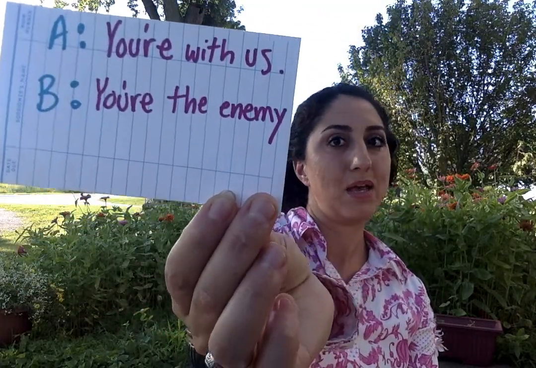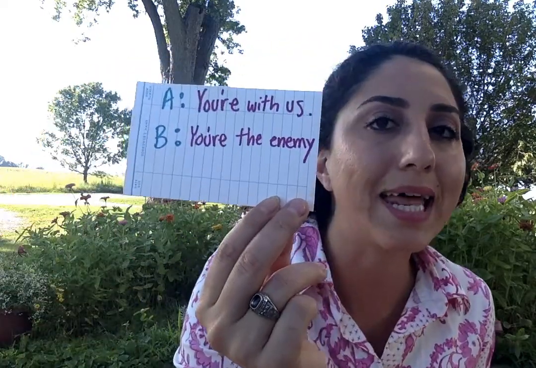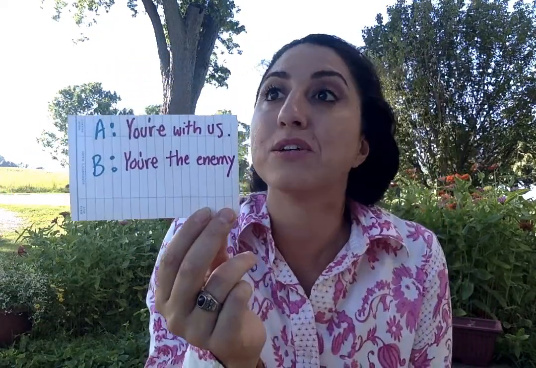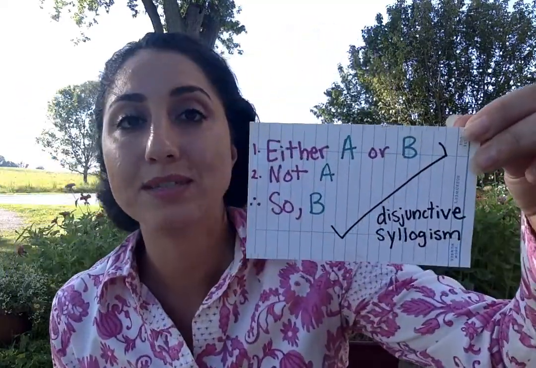It's fallacious reasoning, a fallacy, a false dichotomy to say that either you're with us or you're the enemy. What about the other options? What if I'm indifferent? I don't want to join the group, but I'm not trying to tear the group apart either. Well, then it's not A or B. It's A or B or C or D or E or F. And if that's the case, then you've set yourself up for failure.